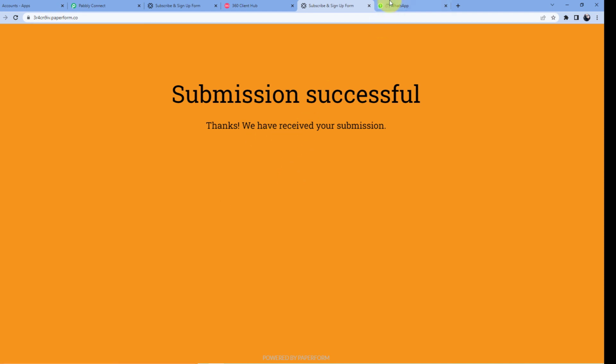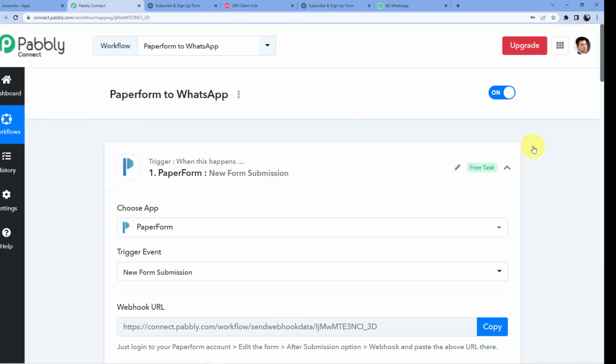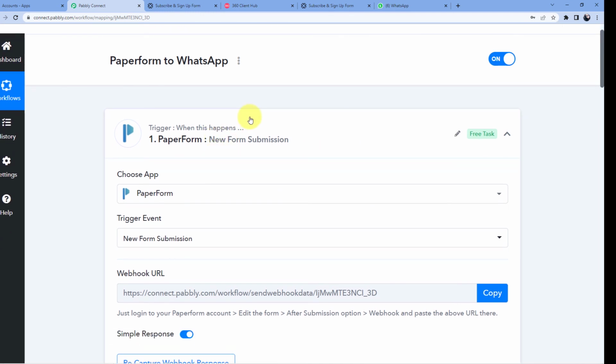you will see that I will have a new WhatsApp message, and this is my personal number. As you can see, this is my picture. Hey Adam, you have a new lead on your lead form. Name Ram Avasthi, email ramavasthi@gmail.com. Mobile number is this. So this is how you can connect your form to your WhatsApp and use this round